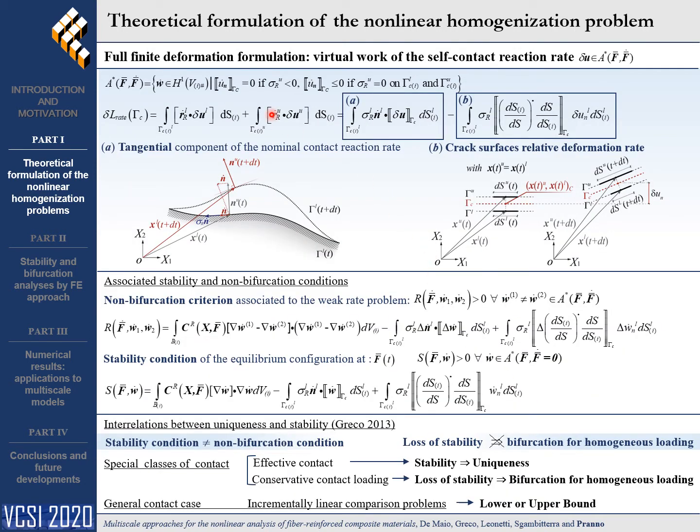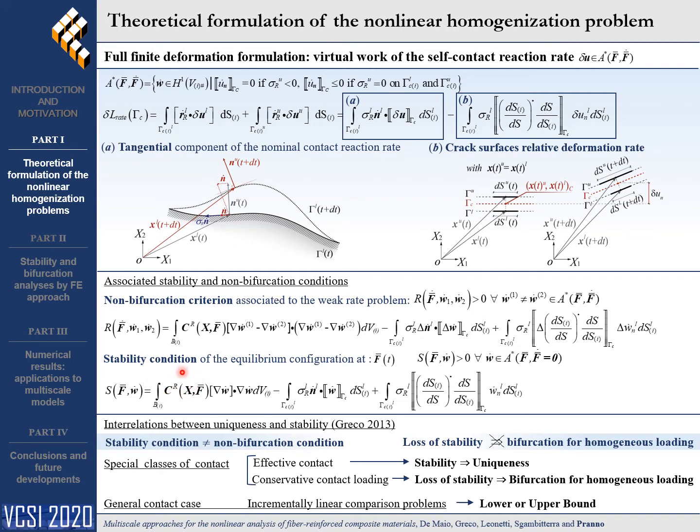In view of the subsequent stability and bifurcation analysis, it's convenient to characterize the rate response of the microstructure in a variational form. To this end, the set of kinematically admissible fluctuation rates is here introduced. Considering the rate equilibrium condition at the frictionless crack contact interface in conjunction with the mechanical contact rate condition, the work done by the nominal contact reaction through the virtual displacement consists of two contributions: the tangential component of the nominal contact reaction rate, A, and the crack surface relative deformation, B. Then, the uniqueness of the rate response is ensured when the following positivity condition is satisfied for the functional R,